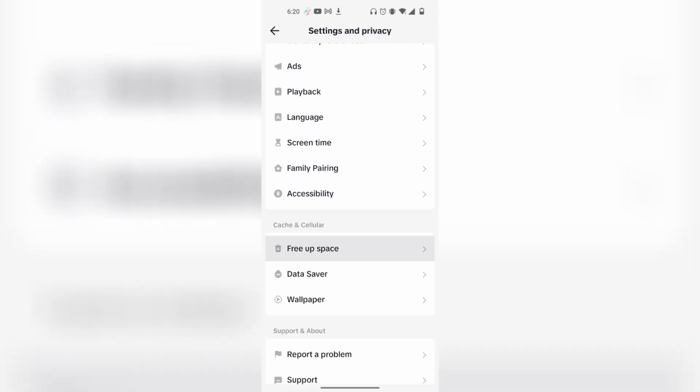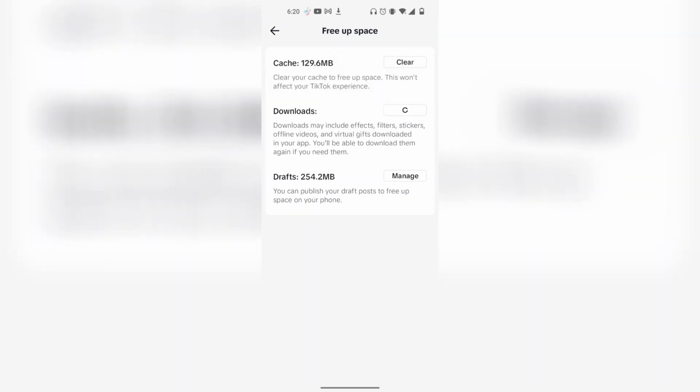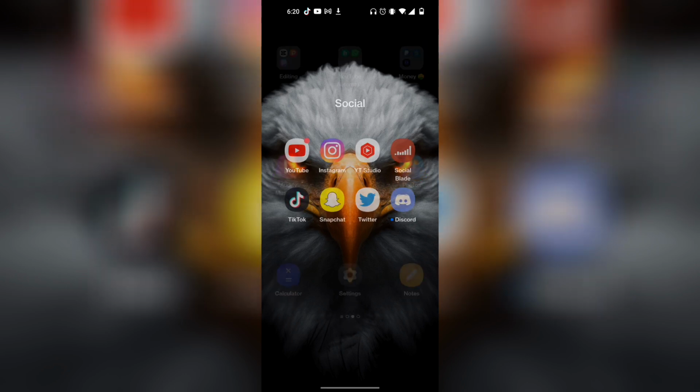And then under that, it says free up space. So you want to click on free up space. And then now at the very top, it says cache. You want to clear all of your cache, so simply click on clear. And so now once you clicked on clear cache, you want to exit out of the TikTok app, find TikTok